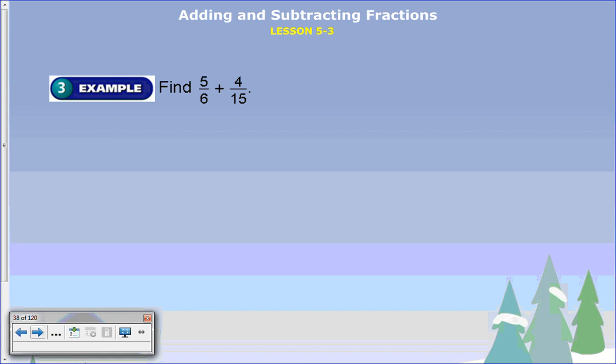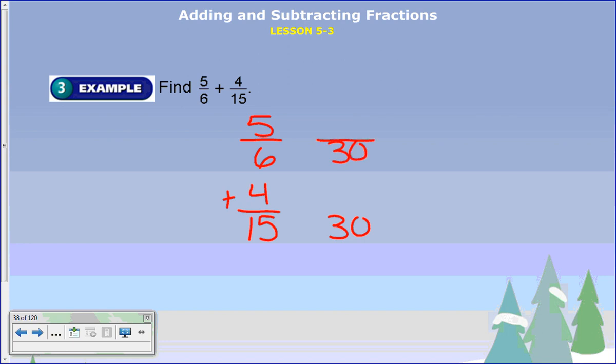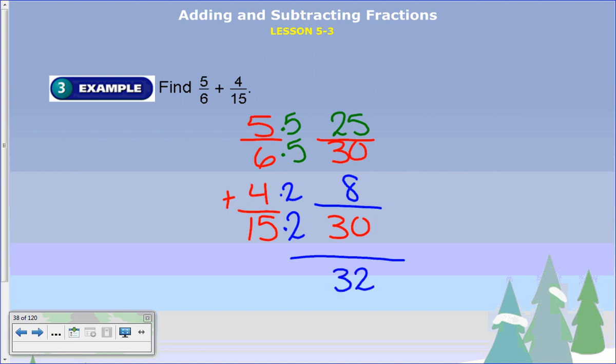All right, let's do this one. So I have 5 sixths plus 4 fifteenths. So I need a common denominator here. And I know, looking at it, that 30 goes into both. 15, 30, and here I know that 30 and 6 work. So what do I have to multiply 6 by to get 30? Well, that would be 5. So 5 times 5 is 25. And then here I have 15, and I multiply 15 times 2. And I get 25 plus 8 is 32 30ths,